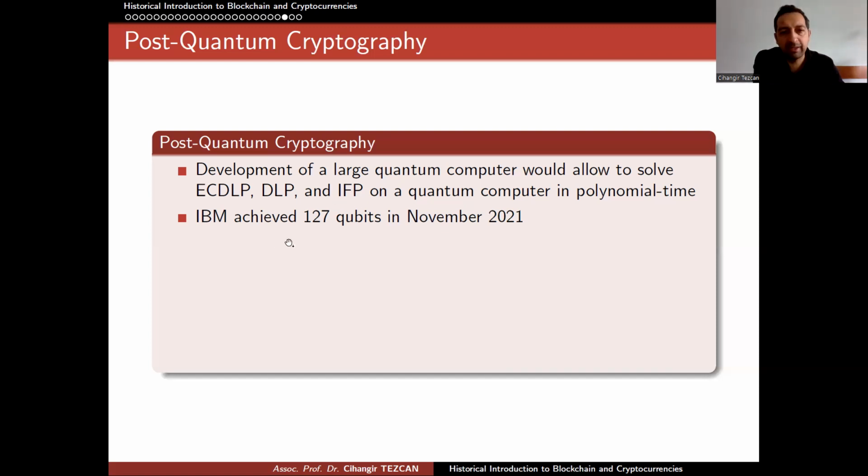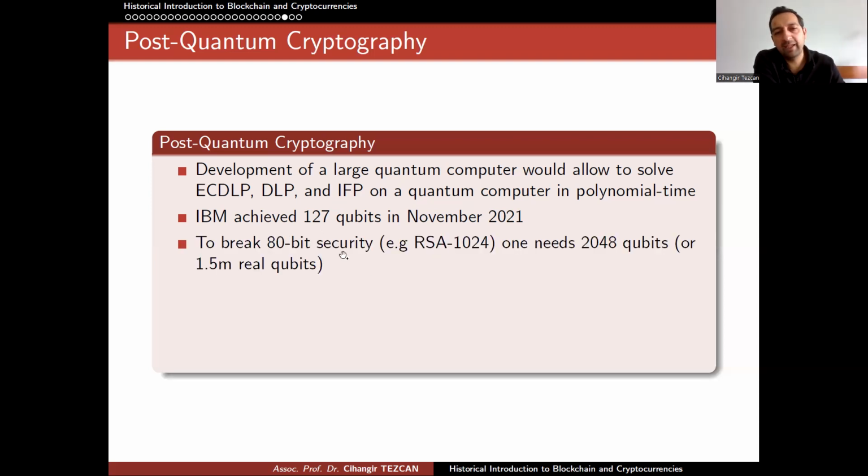Currently IBM, for instance, has 127 qubits. Some other companies have 140 qubits and so on. But to break, for instance, 80-bit security, which corresponds to RSA 1024, which is not secure nowadays, you need to have around 2000 qubits. So you might say that, okay, if somebody has 100 qubits, maybe in 10 years they can have a 2000 qubit quantum computer. Yes, but